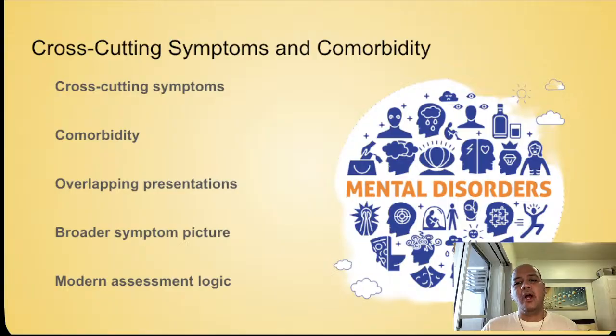And now, one reason diagnosis gets complicated is that many symptoms are cross-cutting, meaning they appear across different disorders. Sleep disturbance, irritability, poor concentration, anxiety, hopelessness, and avoidance can show up in multiple conditions. Then there is comorbidity, which means a person meets criteria for more than one disorder at the same time. This is actually very common. A client may have depression and anxiety, trauma and substance abuse, OCD and depression, or personality difficulties plus mood symptoms.